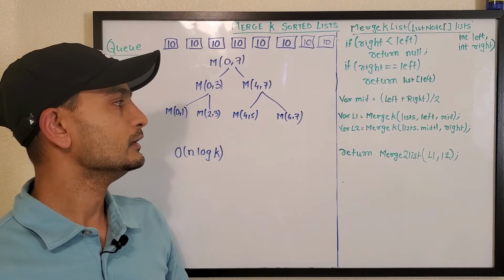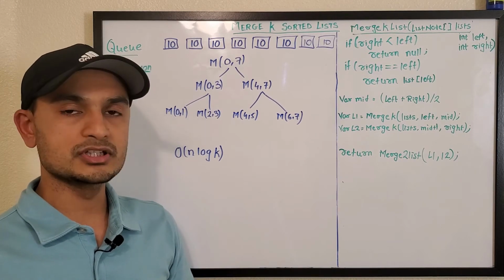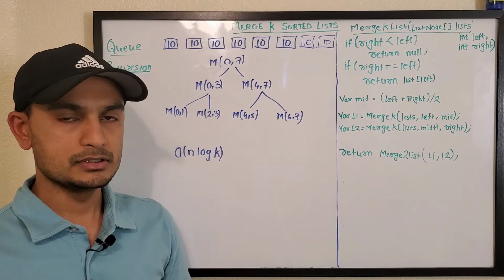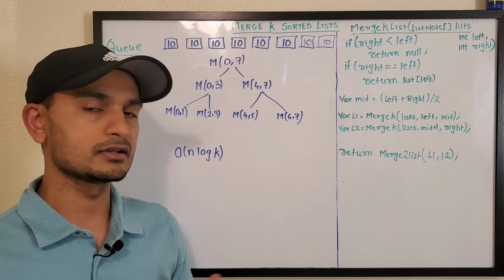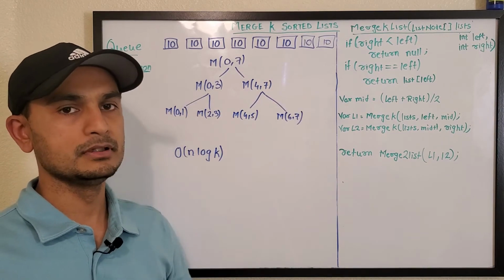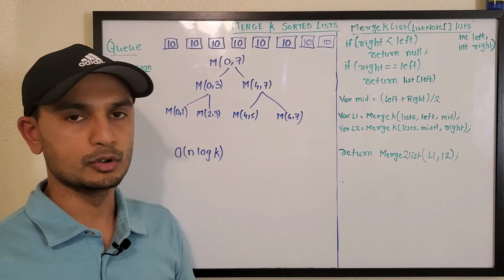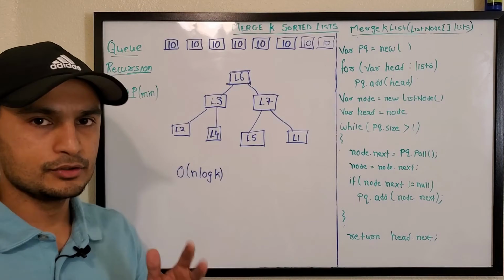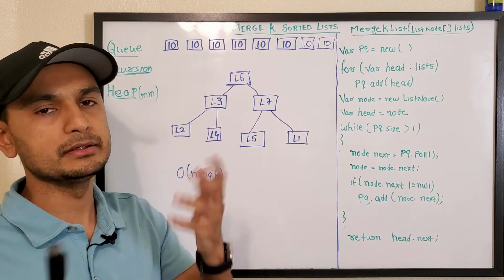And now we'll look at one more approach which will use a minimum heap. So in Java it's priority queue, but the underlying data structure is heap. So we'll use min heap to solve the same problem, and we'll see if we have the same time complexity or if it's different or what. Okay, let's look at our final approach, which is using a min heap approach.